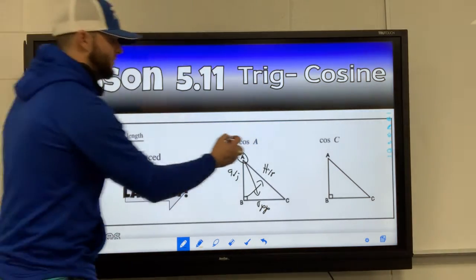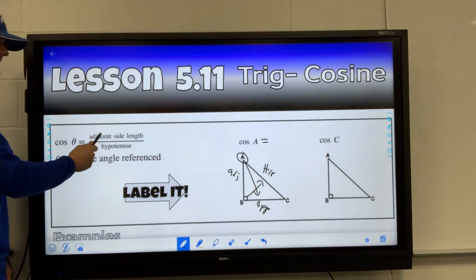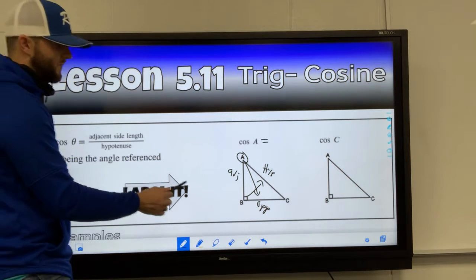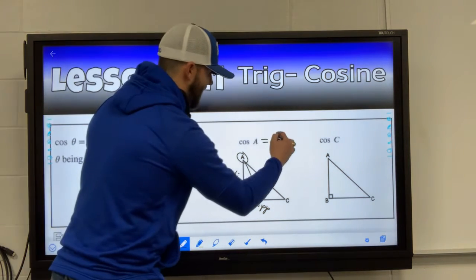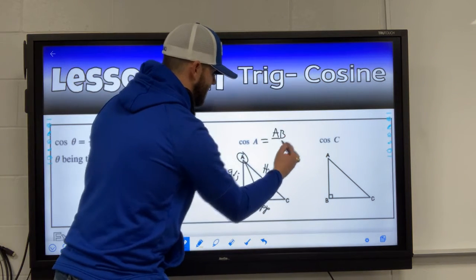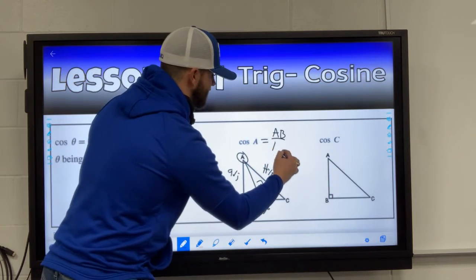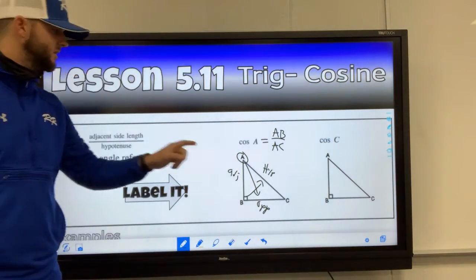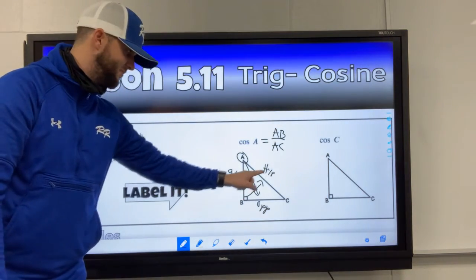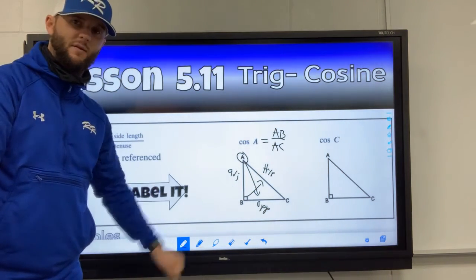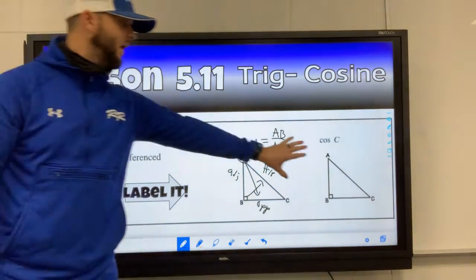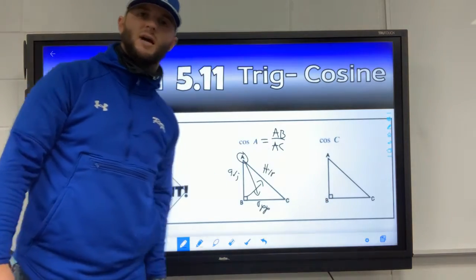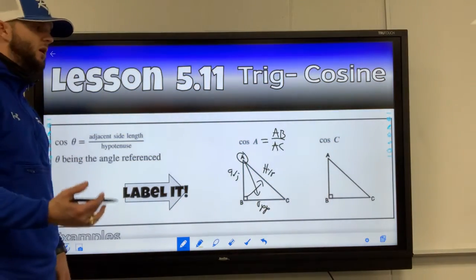So now the cosine of A, I'm going to do the adjacent side over the hypotenuse. So my adjacent side is going to be AB in this instance. And my hypotenuse is going to be AC. So this, ladies and gentlemen, is going to be the cosine of A. So again, opposite, hypotenuse, adjacent. Okay? So now on this example over here on cosine C, I need to write the ratio for the cosine